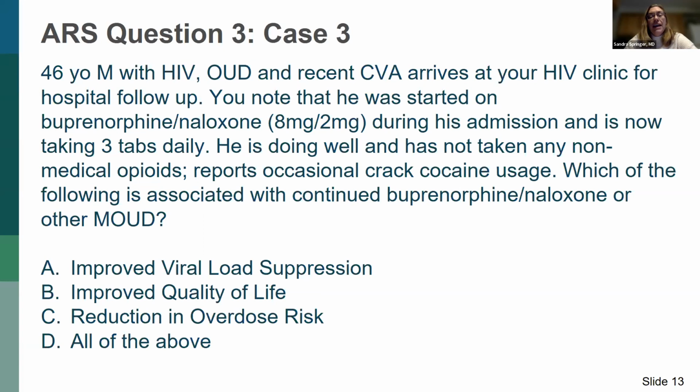And answers, yay. So this is a really knowledgeable group. So this integrated care model is really important to understand that when you treat someone's substance use disorder, in this case, opioid use disorder, you can not only improve morbidity and mortality through reduction of the likelihood of harm from overdose risk, you can also improve other things like quality of life, potentially obtaining a job, reunification with their family, but also from an HIV standpoint, improving what our main goal is for HIV, which is getting to viral suppression. And so next slide,